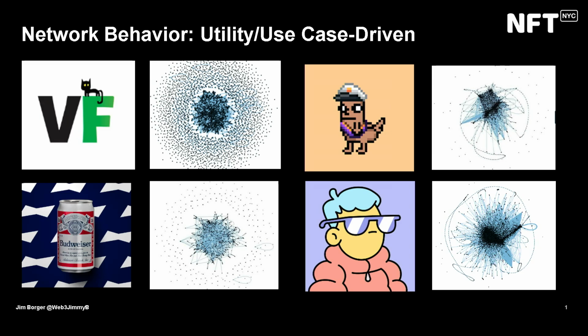Then you've got VFriends, which is its own unique collection. You've got quite a bit of active trading in that center, but then you've got all these different nodes on the outside that form a donut or a ring. Those are the people that obviously are in it for the long haul. They love Gary V's vision, the vision of his team, and they also want to go to VCon for a few years. So you think about the utility that exists within these NFTs and how that might drive behavior and the way things get memed or networked within a community. That's one of the most interesting network charts we've seen, and one that I point to for some of our clients that are looking to build something for the long haul.